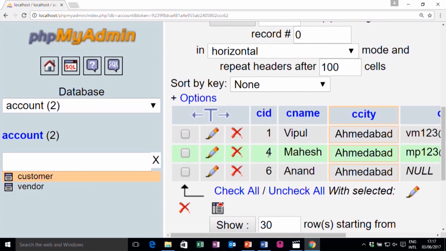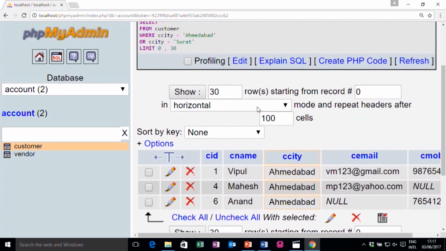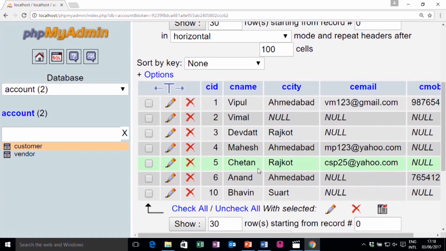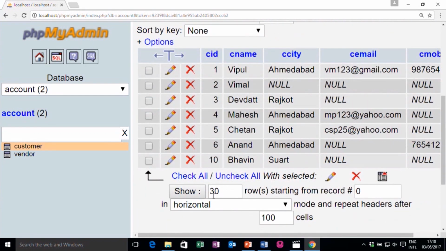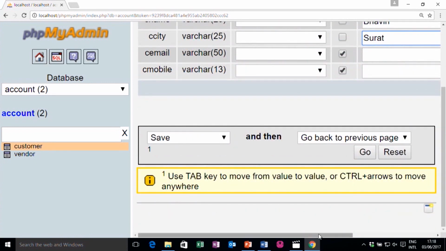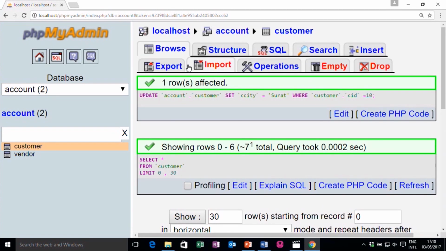it will show me all the records. We have one record with Surat. I think there is a spelling mistake in what I have written for Surat, let me just copy this record, and in Surat I have written SUART, my spelling mistake. So, either I have to update it, let me edit it, it should be SURAT, or I have to write that value in the query. Right. So, now it will be inserted.